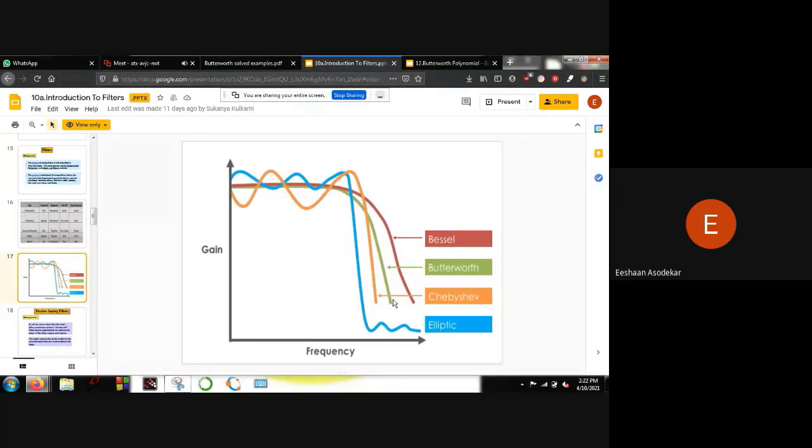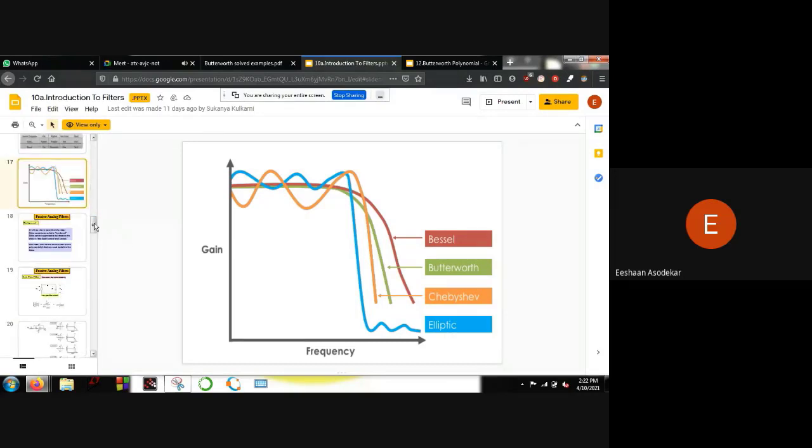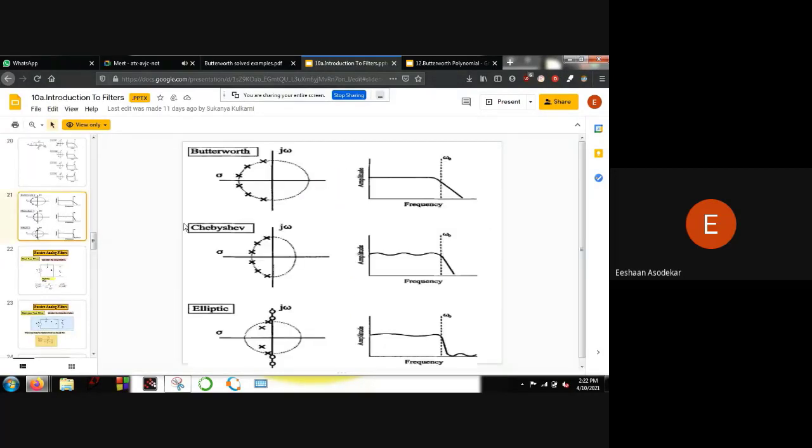That is the reason why the other filters were designed and why they're actually used. Another important thing to note here is that Butterworth filters are designed only using poles, while the other 3 Butterworth filters are all so it was only for the low pass filters.